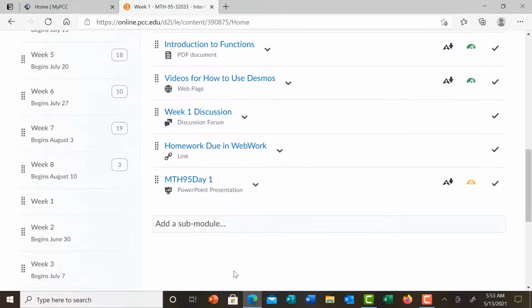And then following those videos and printed material, you'll see a link to the discussions for the week. There will typically be around 2 discussions every single week that you need to respond to. You do get credit for those in the class, so make sure you do those. And then there will be a link that takes you to WebWork. So you can get to your homework in WebWork by either clicking on this,